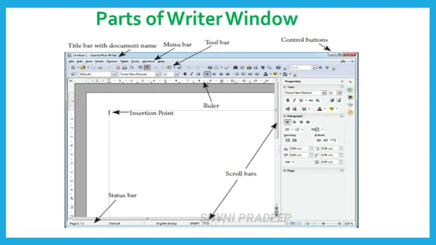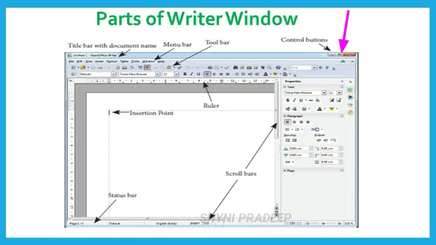In this title bar, see the right corner, control buttons are available. What are they? Minimize button, maximize or restore button and close button. When you click minimize button, it shrinks your document window smaller in size and shows it as a small button on the taskbar. To restore it in its original size, place your mouse pointer on the OpenOffice button which is available on the taskbar. You can view your document as miniature and when you click on the button, your document is restored to its original size.